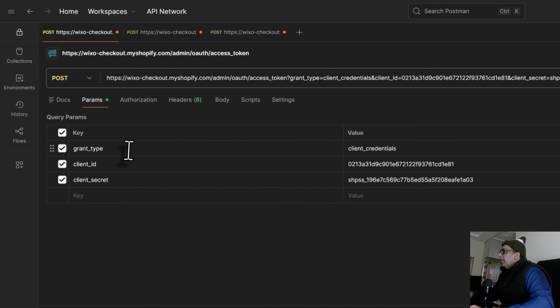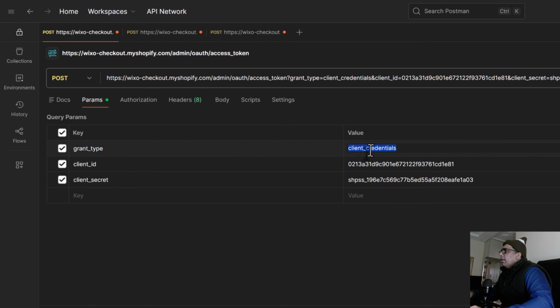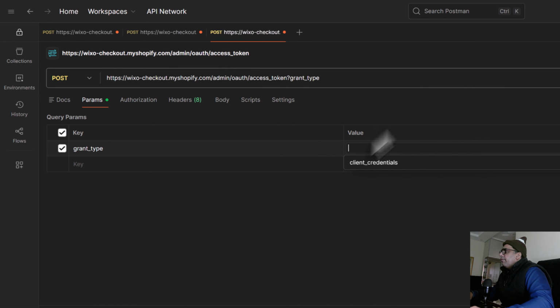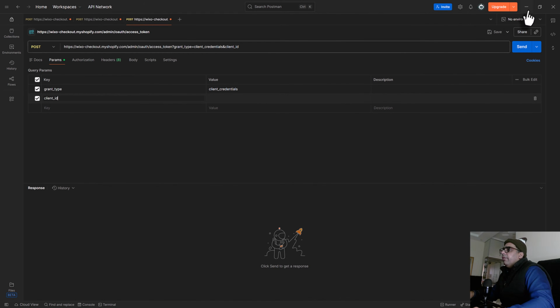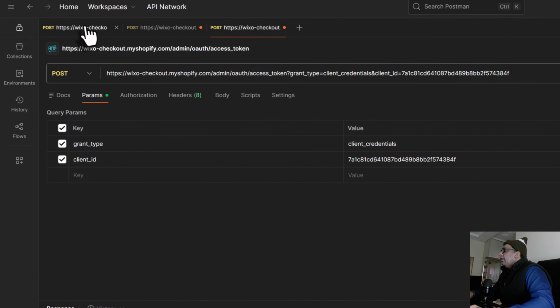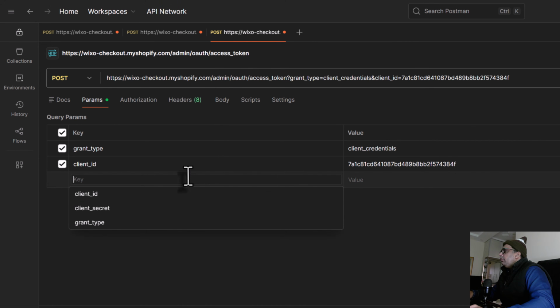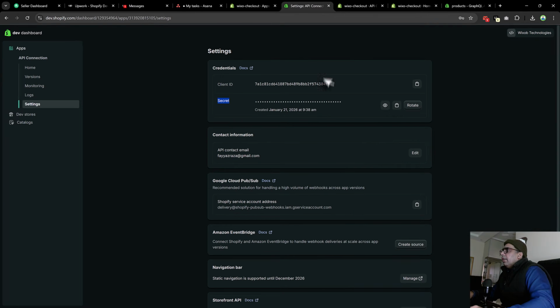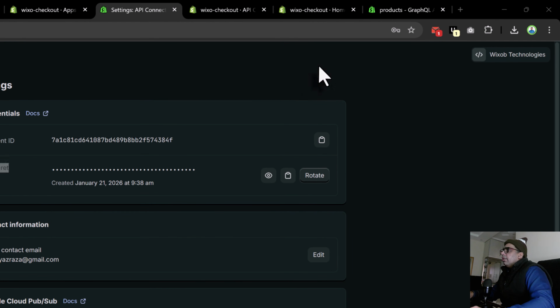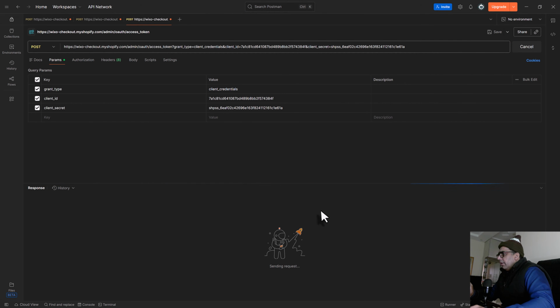So let's copy the parameter grant type. Grant type will be client credentials, and then client ID. Client ID, you can get the client ID from here. Just copy the client ID, paste that over here, and then you will add the client secret as well, and copy this client secret and paste that over here. Now if you make the API request, you will be able to fetch the Shopify Access